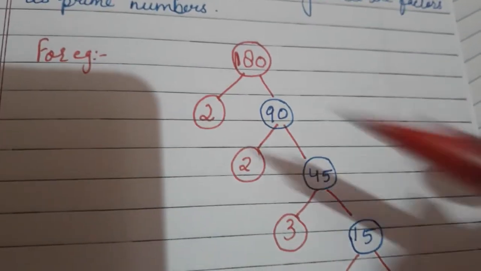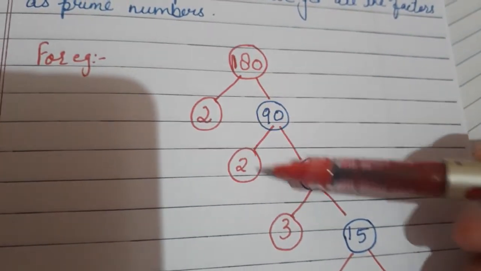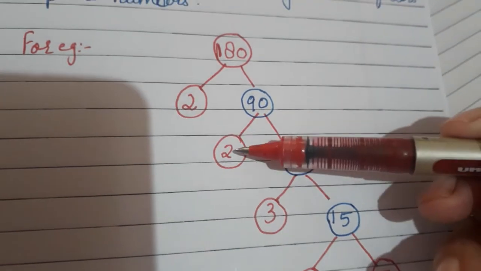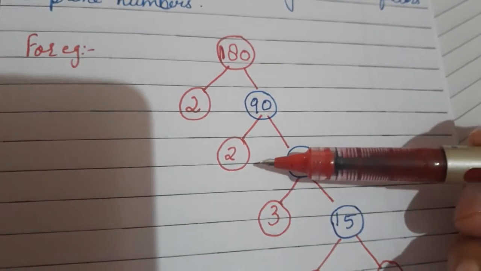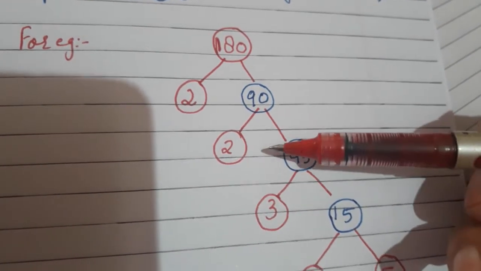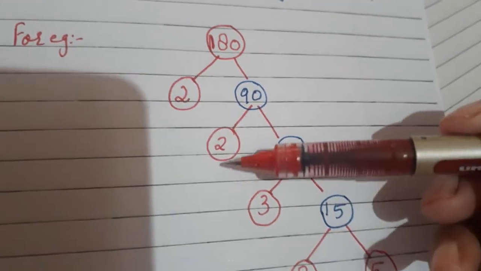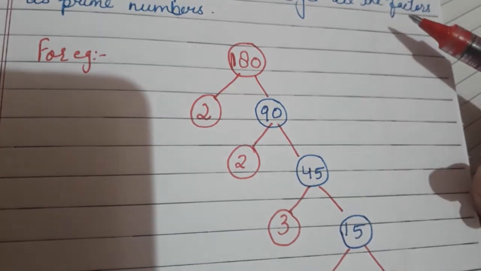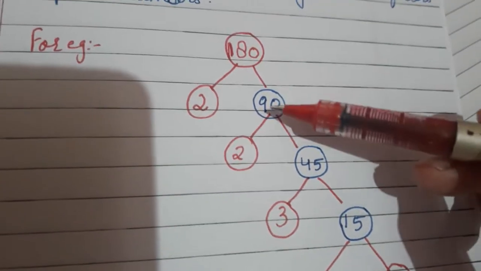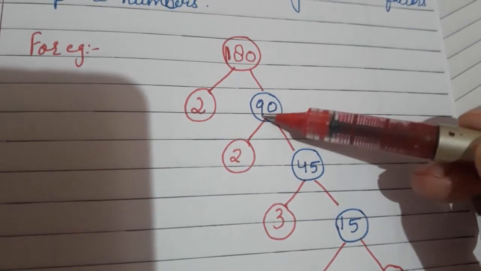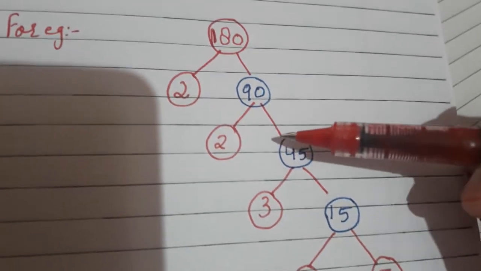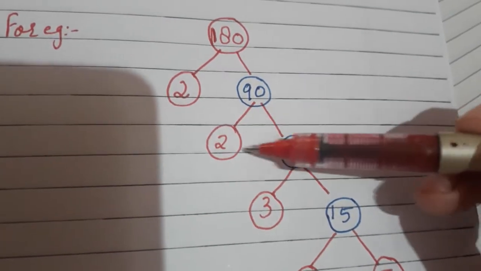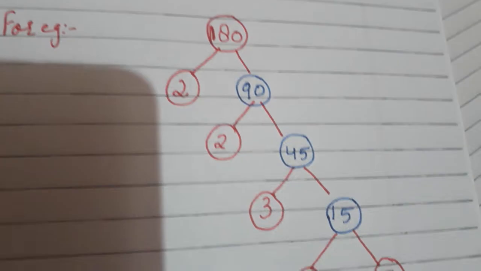Children, here we will try only using prime numbers. We cannot use 4 or 6 here. Why? Because a number that is a multiple of 4 is anyway a multiple of 2. So all the even numbers are multiples of 2. Okay, and 180 was an even number, 90 was an even number. Now let's see, so 2 will go 45 times into 90.